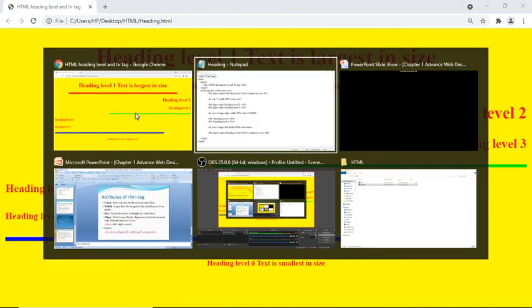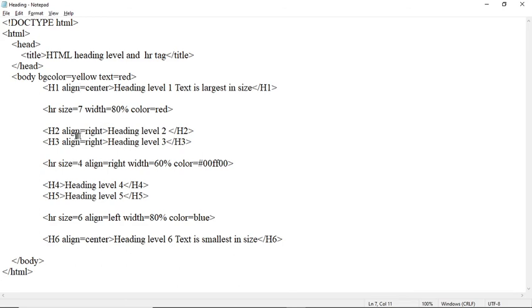After that H2 and H3. H2 is aligned to the right, heading label 2, H2 close. H3 align equal to right, heading label 3, H3 is close. After that HR size equal to 4, aligned to the right, and the color is equal to hash, then 2 times F, then 00.